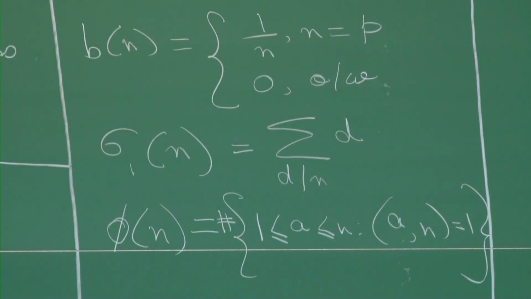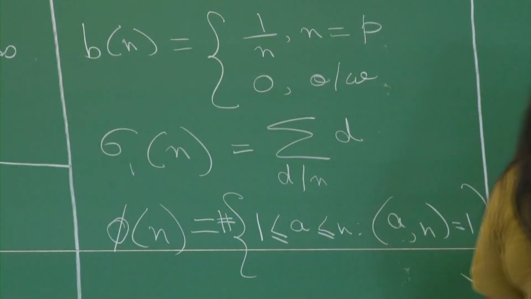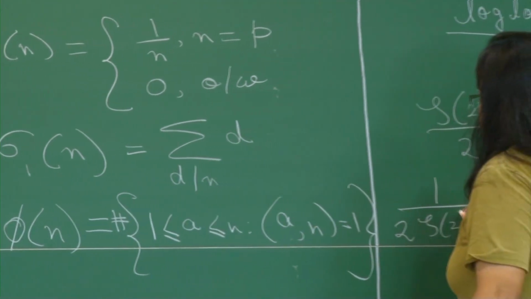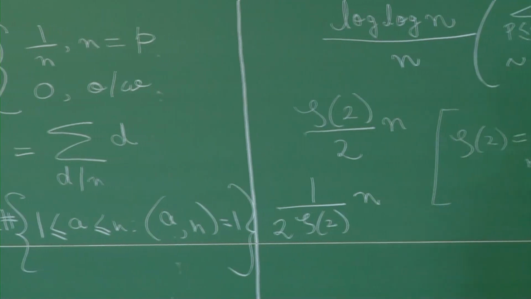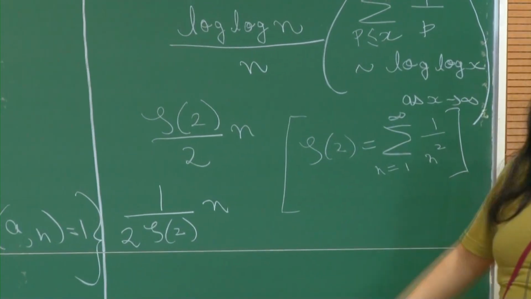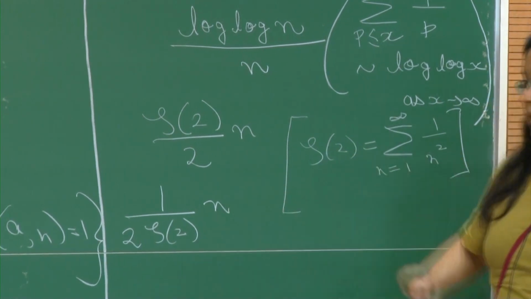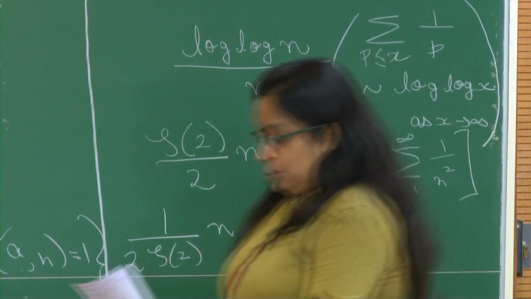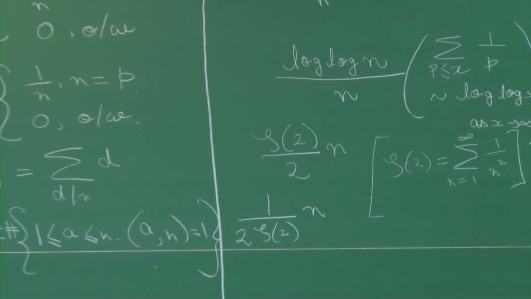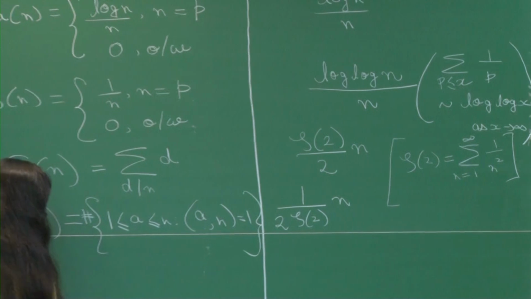And amazingly enough, the average order of phi of n also involves the zeta function, and this is equal to 1 over 2 times zeta of 2. Zeta of 2 now goes to the denominator, that is how the constant changes, times n. All right. Then you have, and this is what we are going to start off our discussion today with,